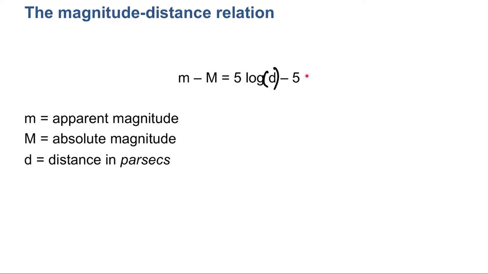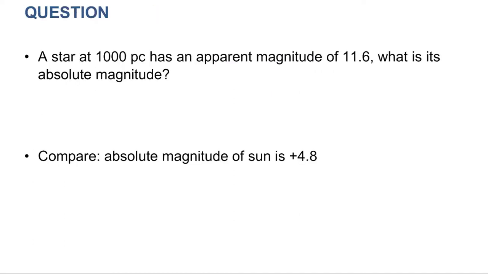Okay, so let's try this equation out. A star is 1,000 parsecs away and has an apparent magnitude of 11.6. What is its absolute magnitude? Well, let's write our equation down and see if we can figure this one out. Little m minus big M is equal to 5 times the log of the distance minus 5. Well, we know that distance is 1,000, so 5 times the log of 1,000